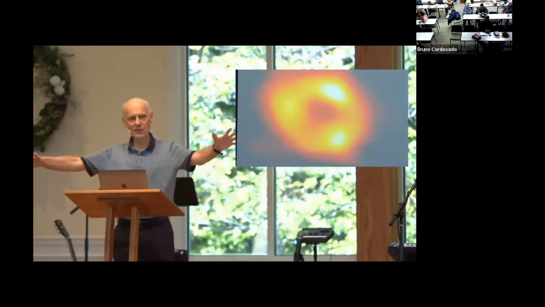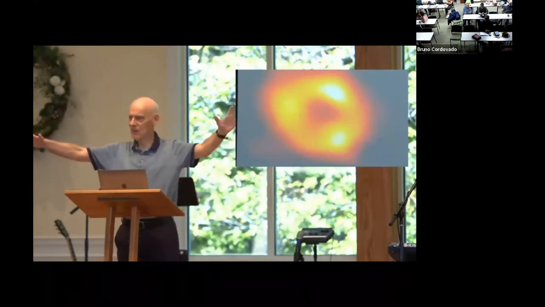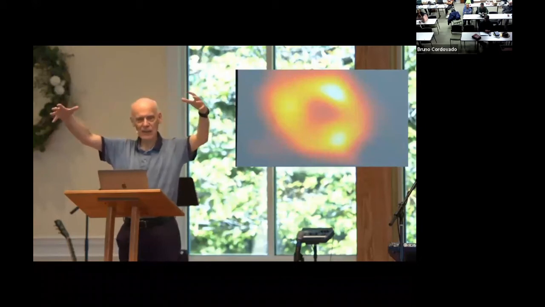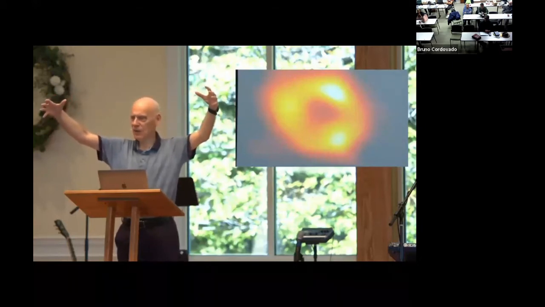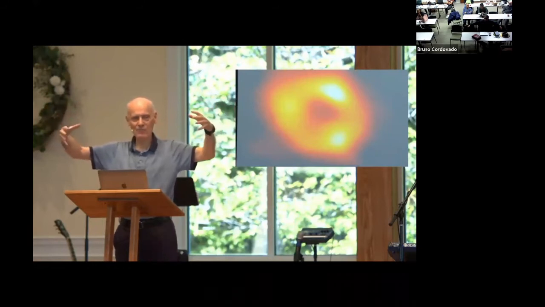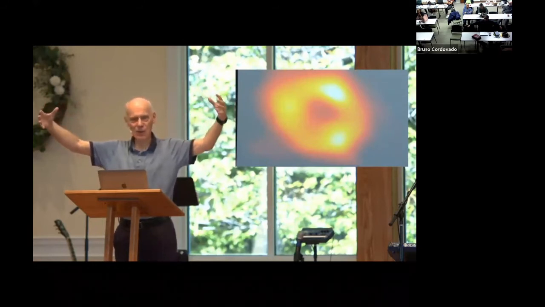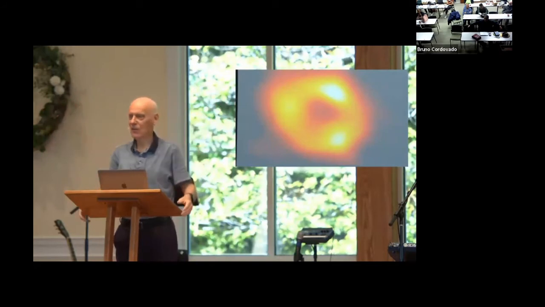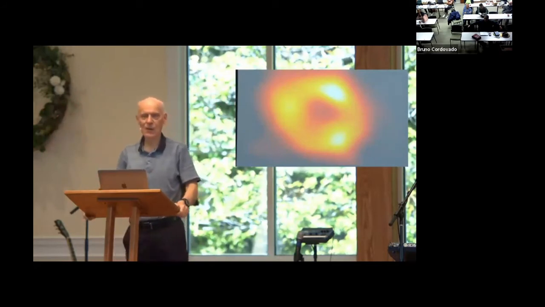But the reason why this was so difficult to detect is that for the last couple of million years, our Milky Way Galaxy's supermassive black hole has been on a starvation diet. Most supermassive black holes are pulling in objects as big as moons and planets and stars and giant molecular clouds. Our Milky Way galaxy for the past 2 million years has been on a diet of tiny comets and tiny asteroids. And therefore, we don't see a lot of light around the event horizon of the black hole.